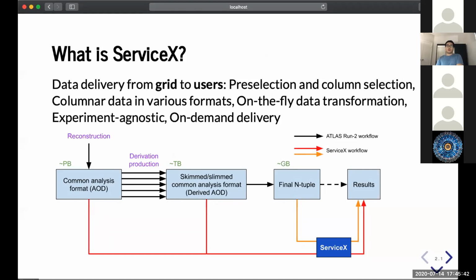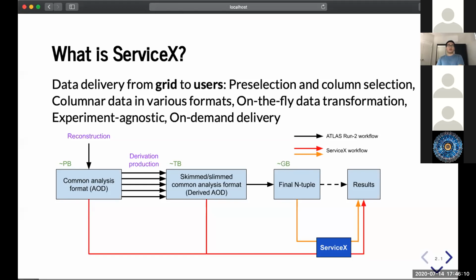And such processes are called a transformation, which is done on the fly. And the service is experiment agnostic, so it can be basically attached to the data sets from different experiments. And the data delivery is on demand. So once you make a request, it starts transformation and delivers the output to you or to the place you